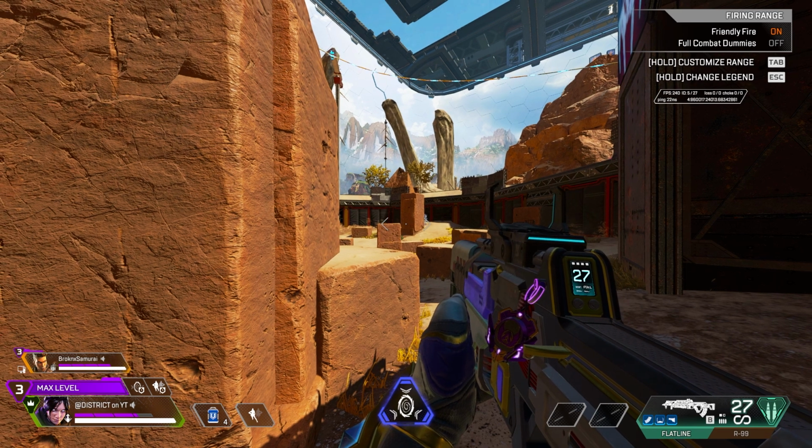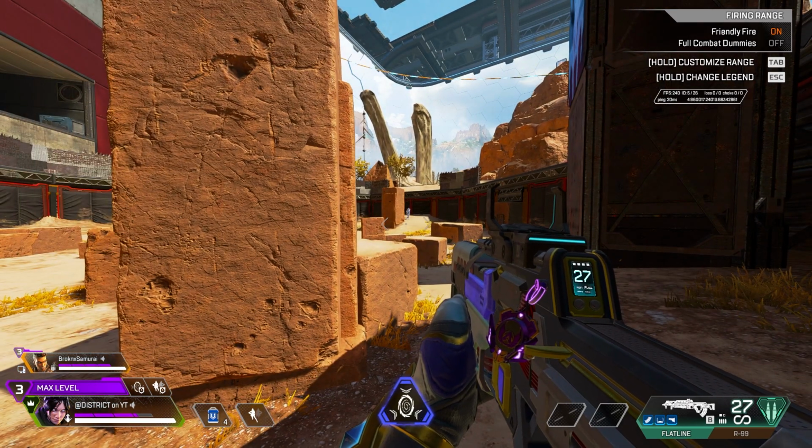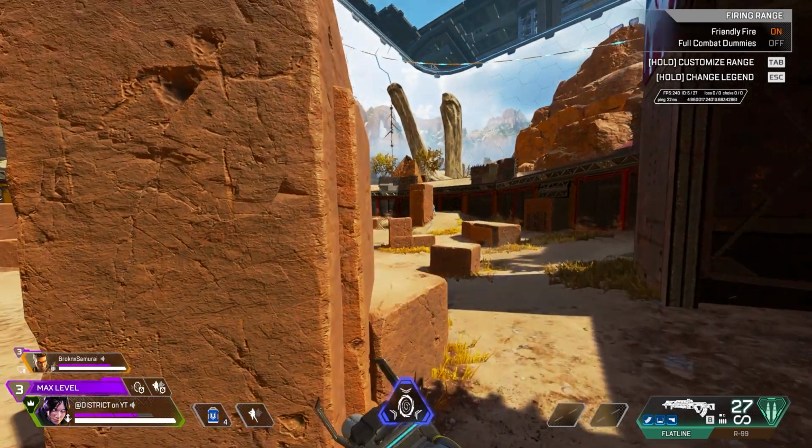Gotcha. Because with that short burst, you're not going to have so much recoil in it. It's not so much that you won't have so much recoil, it's that here if you think of it like this,